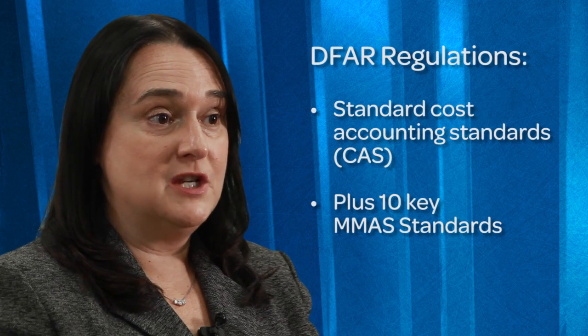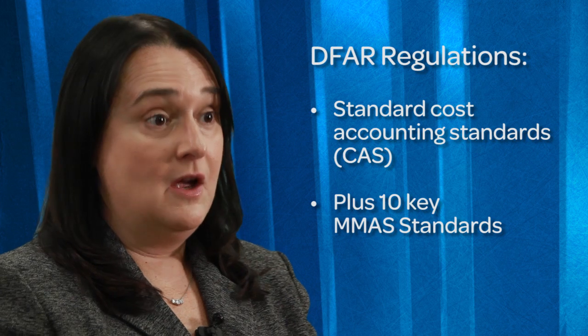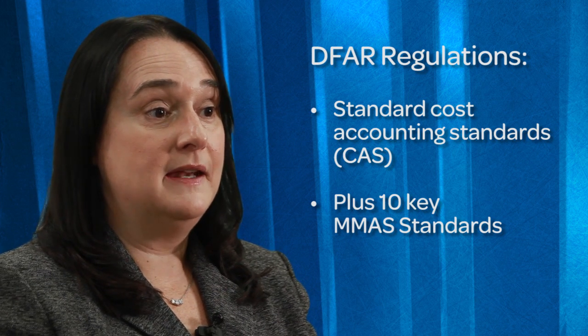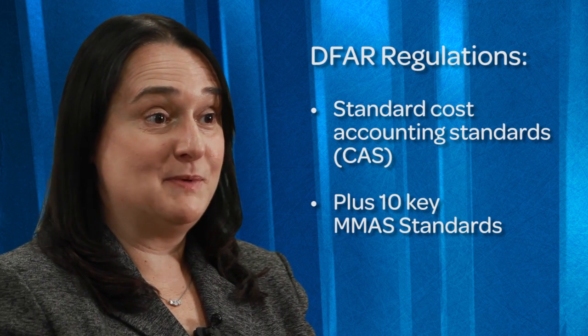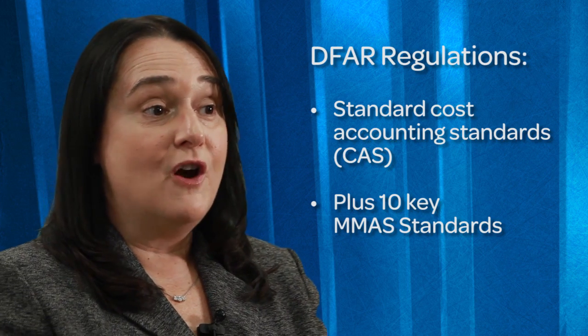As we've spoken before, project manufacturing has its own set of challenges. What additional compliance regulations are required for the aerospace and defense manufacturers? The aerospace and defense manufacturer must adhere to all the standard accounting and cost accounting standards as related to materials management, but they also must follow any regulations set aside by DFARS in relationship to your materials management and accounting systems. Auditors have the opportunity to come in and audit how you comply against these particular rules set aside by DFARS. There are 10 key elements, otherwise called MMAS standards, that the government contractor must follow.